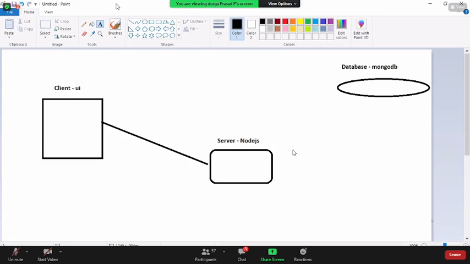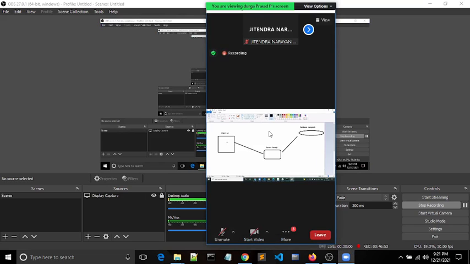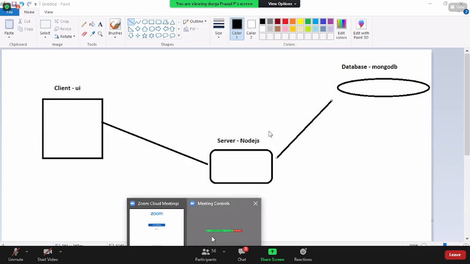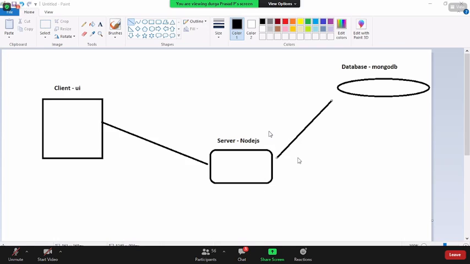My expectation is that the thing we are missing here is that the server needs to put a request. Yes, the client will directly put a request to the server. The server internally needs to put a question to the database, and we have to see whether the given ID and credentials are there or not within the database. Now the database will return to the server, then the server will return back to the UI. That is what we have to implement. Am I clear here? Theoretically. Yes, sir. Everyone understood what we are going to do?